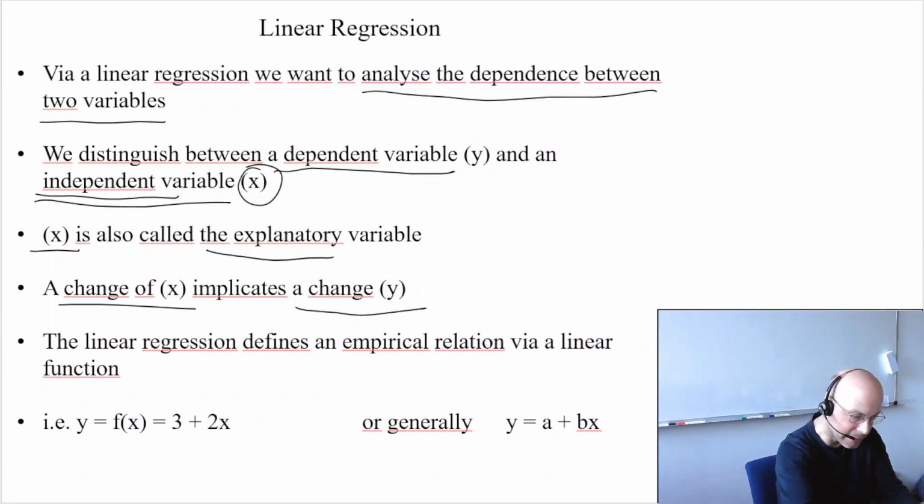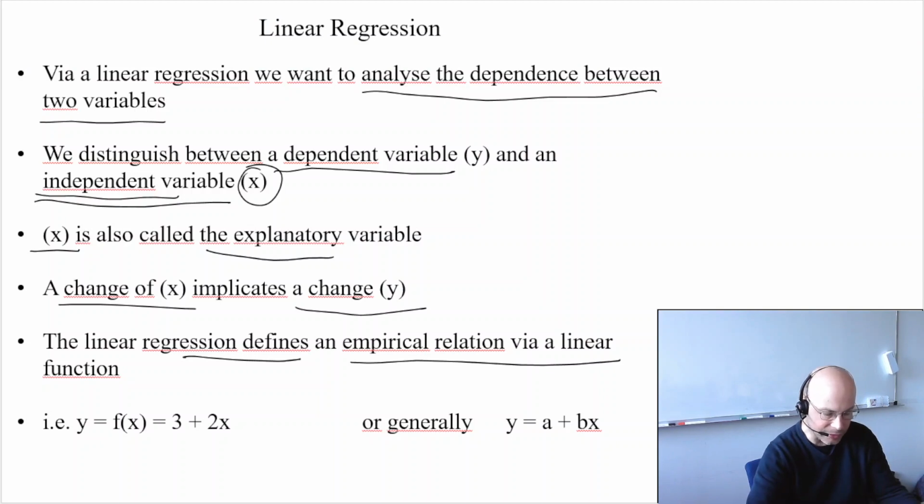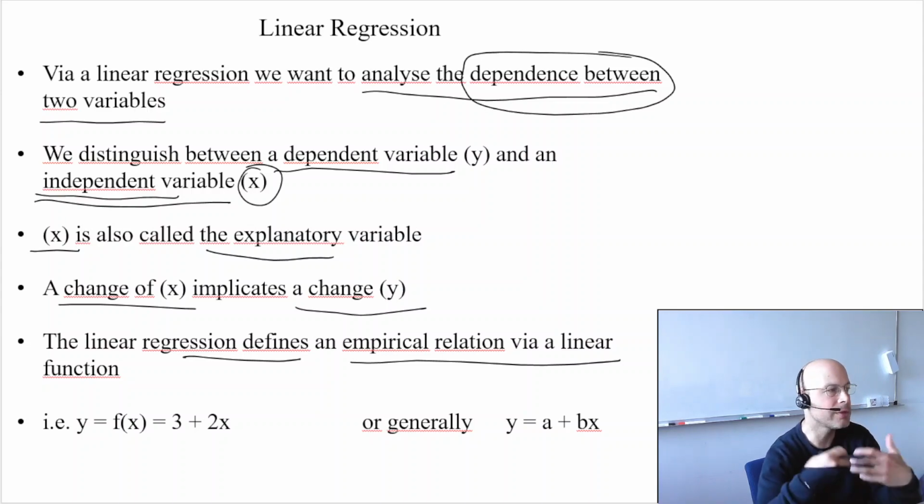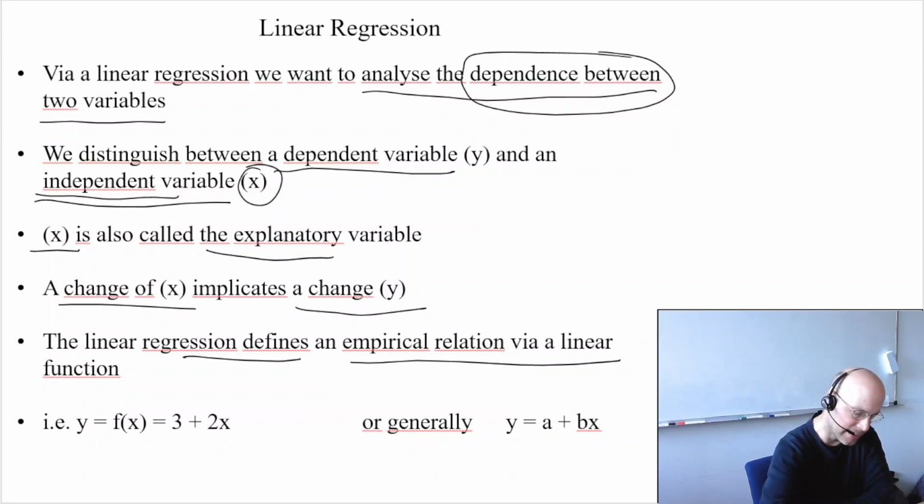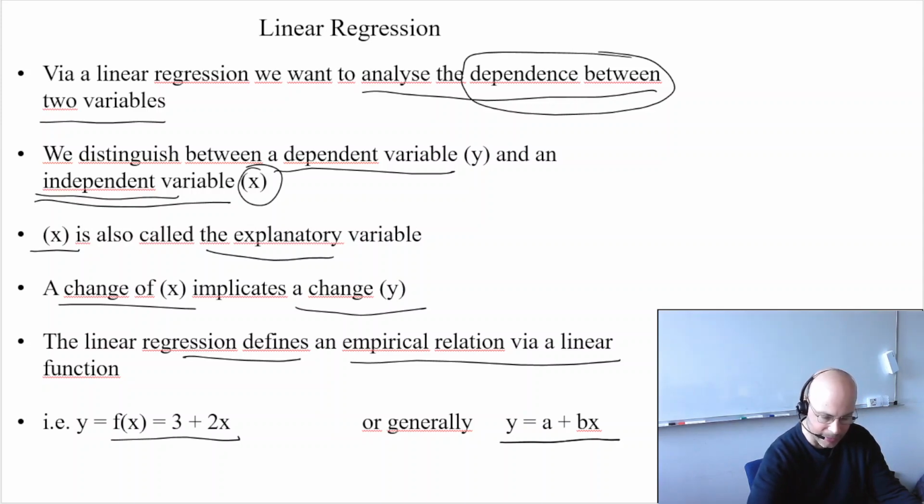So this linear regression then defines an empirical relation via a linear function. So this is maybe the easiest way how to assume some dependence between these two variables. And this I think you know from school. A linear line could be maybe f of x is 3 plus 2x, or in general we have y is a plus bx, and there a is the